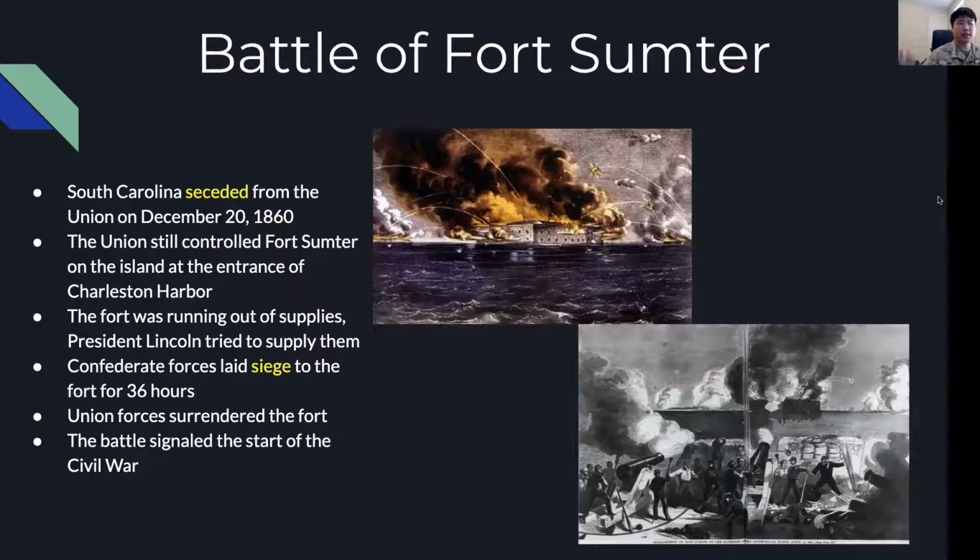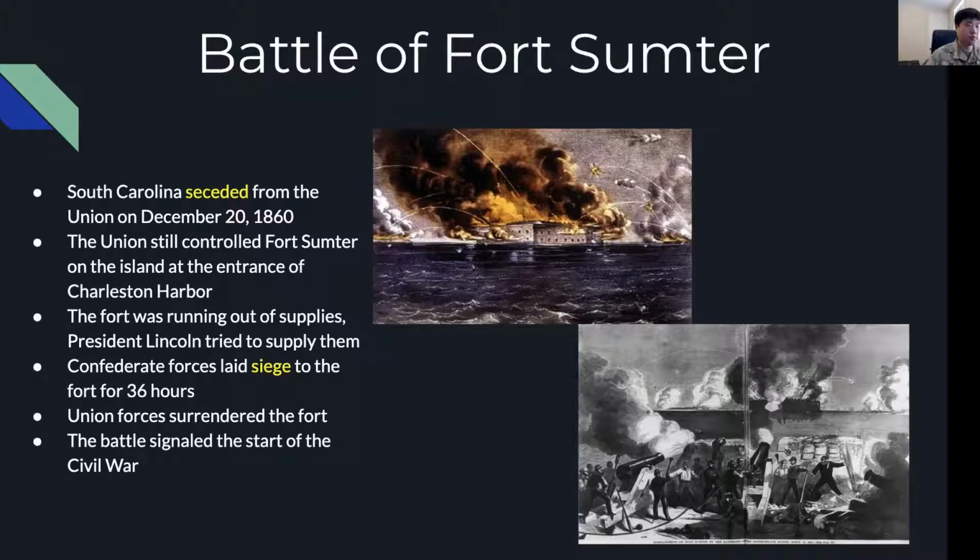So remember that South Carolina seceded from the Union on December 20th, 1860, but the Union still controlled Fort Sumter, which was an island fort at the entrance of Charleston Harbor. Because they controlled this fort, they effectively controlled what ships could come in and out of Charleston Harbor. The South didn't like that at all, and they needed Charleston Harbor to keep supplies flowing. So they decided to play the waiting game until the Union troops in Fort Sumter were running out of supplies, and then they laid siege to Fort Sumter before the Union was able to